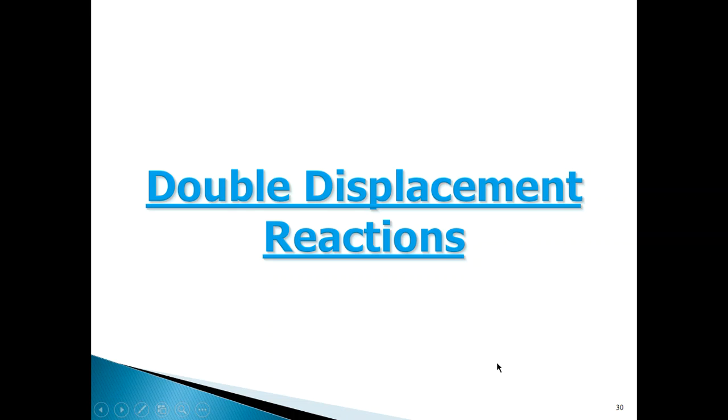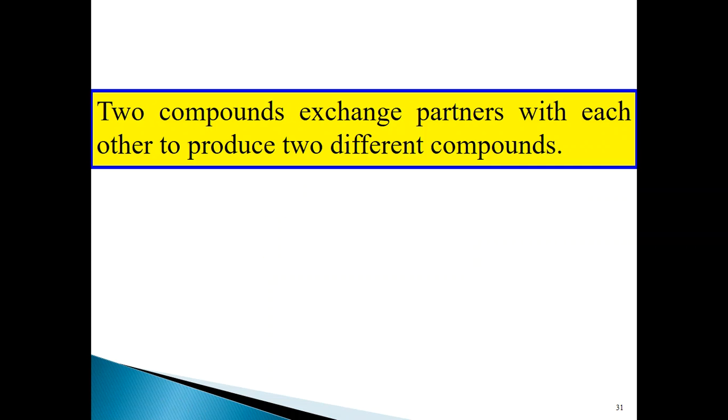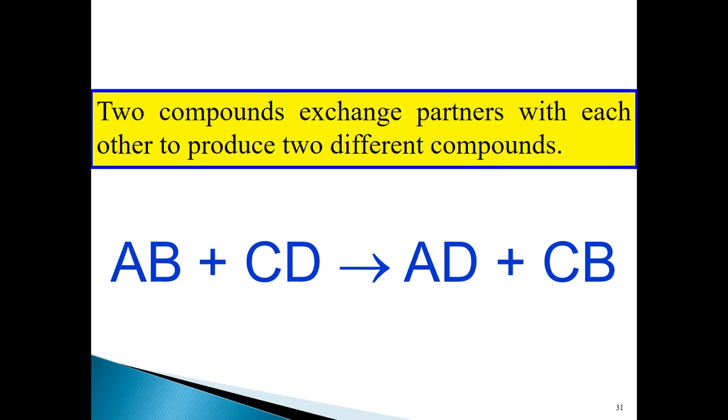Okay, so let's talk about double displacement reactions. Now, in this type of reaction, what typically happens is that you have two compounds exchanging partners with each other to produce two different compounds. All right? So, basically, if we're looking at it from a hypothetical sense, imagine you have a compound AB reacting